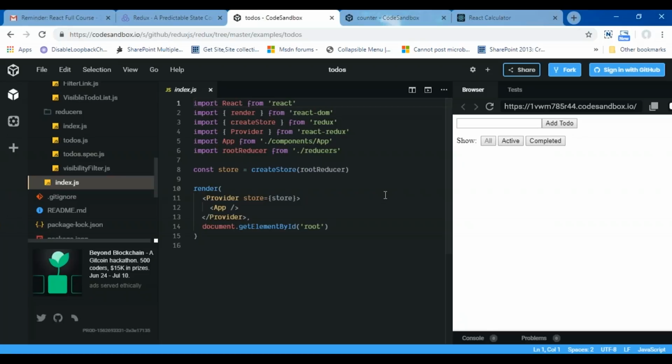What is the advantage of this approach? Separating the presentational components from the container components makes your app easier to understand and allows you to more easily reuse the components. What is the difference between the presentational components and the container components? We will see in this particular example.